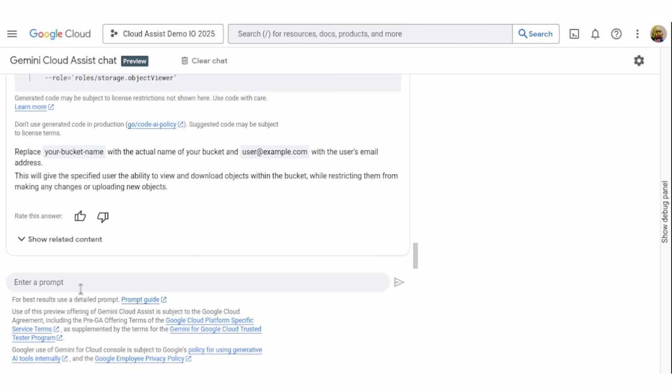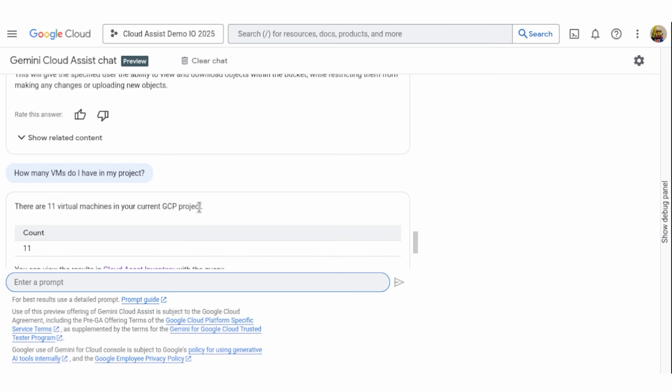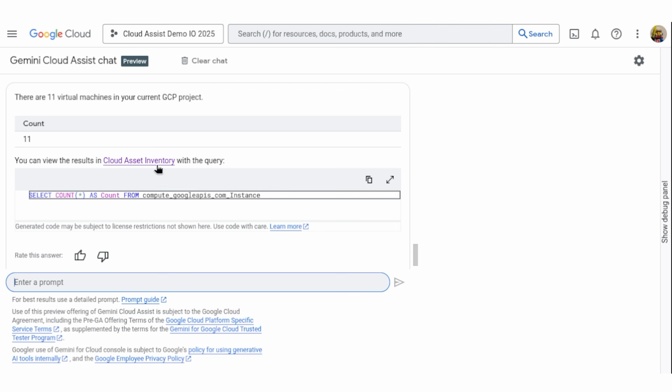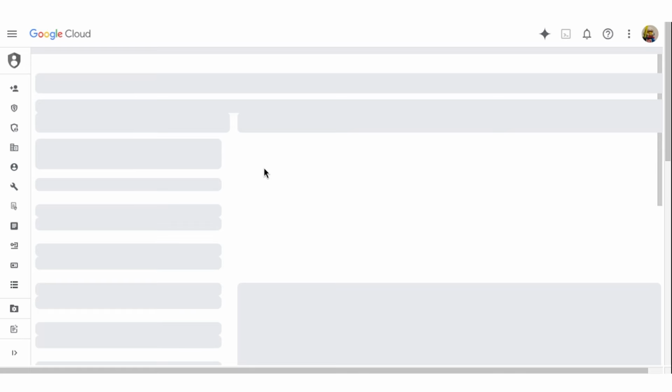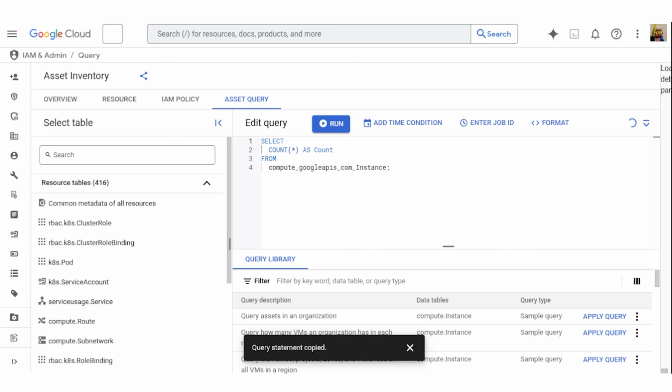The new version of the chat understands the context of the currently selected project, so I can inquire about resources in my project. For example, I asked right now about the total number of virtual machines I have in my project. In the response, you can see a widget with a link to asset inventory. If I switch to the asset inventory using this link, I will get